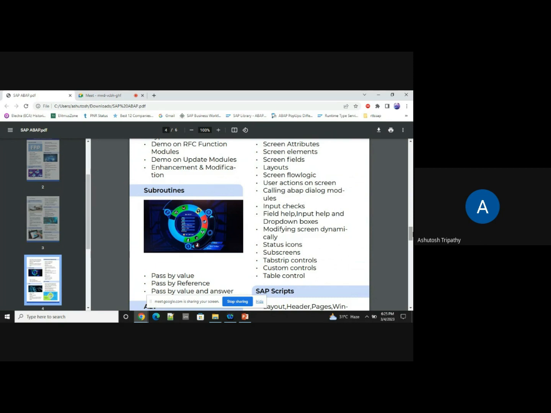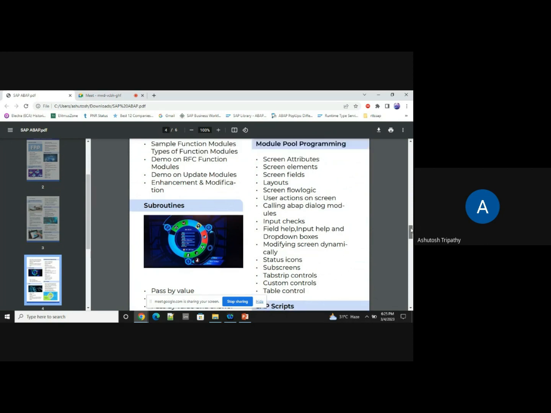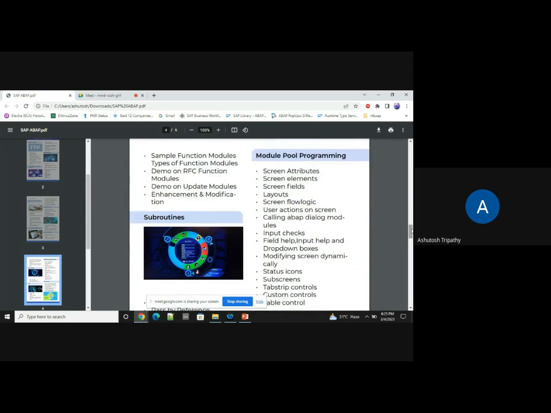Once we know all the small things related to screen development or logic development, we will be coming to MPP programming, which is module pool programming, or what I was telling you, designing the UI, where UI design is going to be involved. Here one can design the complete layout based on standard SAP or the customer need. Screen design involves different screen elements like drop downs or table information.